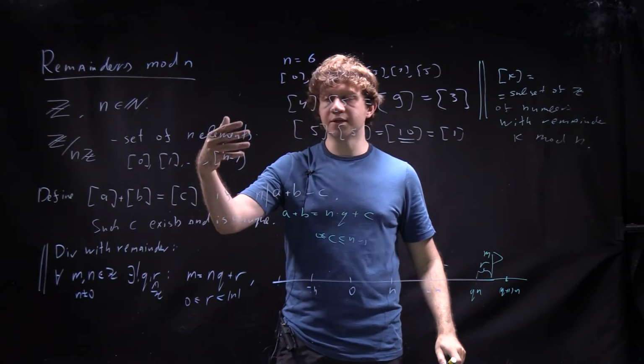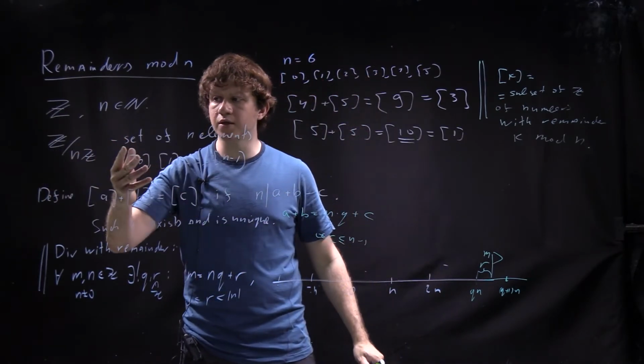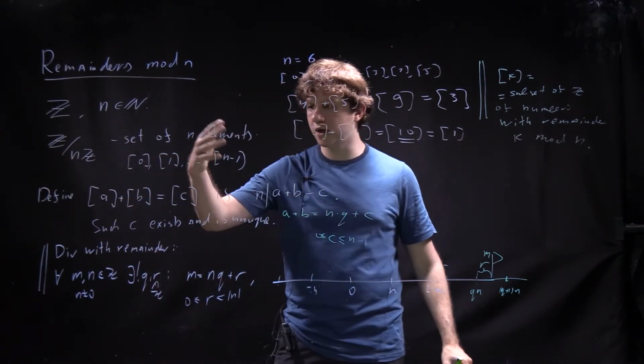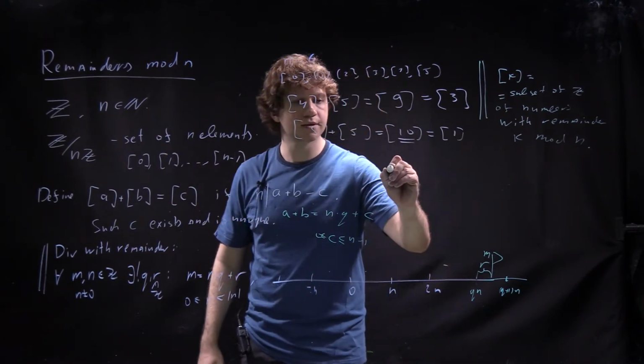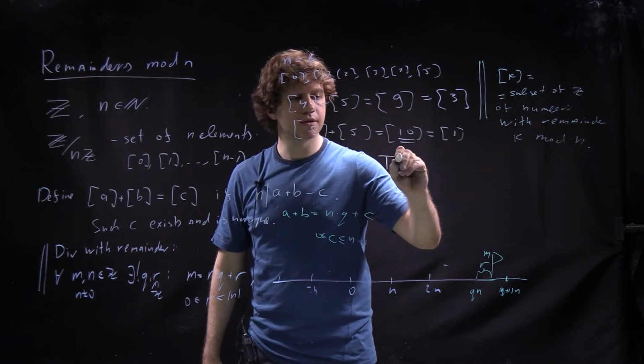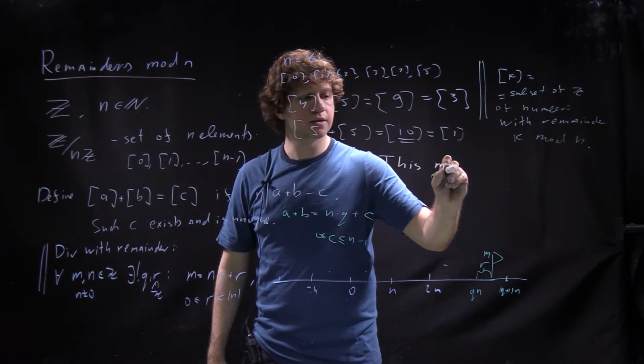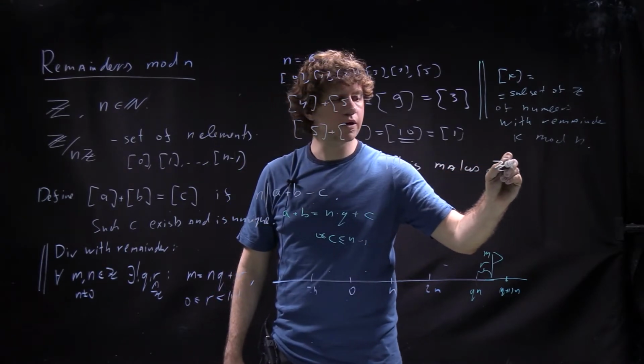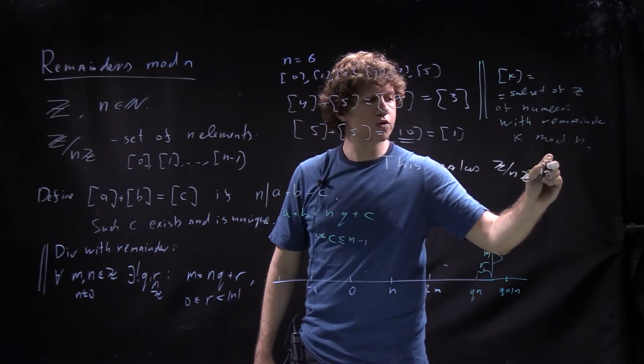And this is an operation from Z/nZ cross Z/nZ to Z/nZ, and in this way we get a group. So this makes Z over nZ into a group,